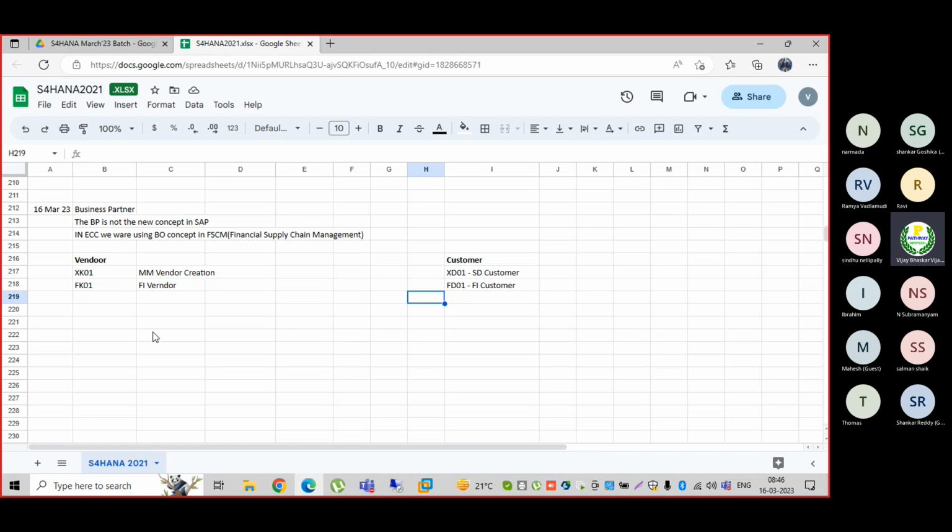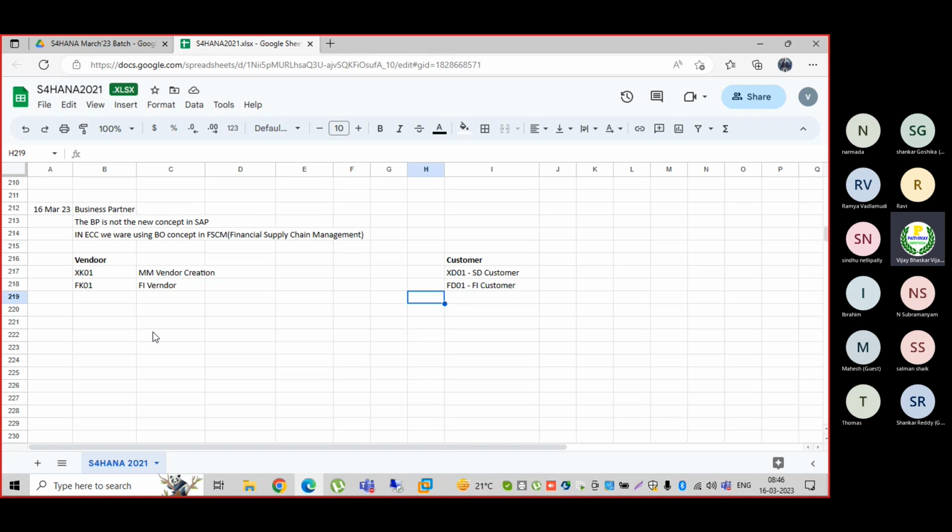If you have a particular role, whether the business partner is a vendor or customer, banks, even the SD customer, all will be treated as a business partner, individual or organization. Even the bank master becomes a business partner, but that is not in FI, it will be part of Treasury.